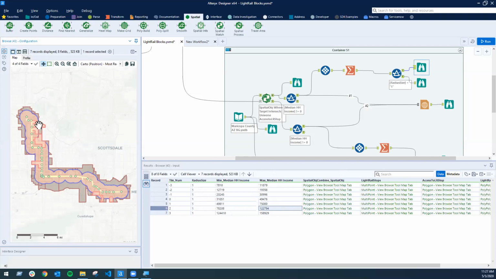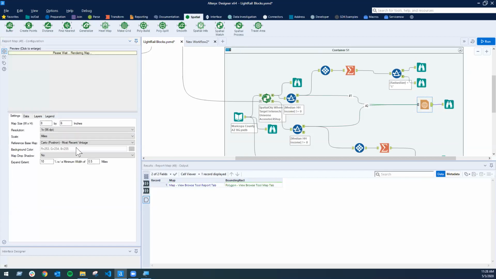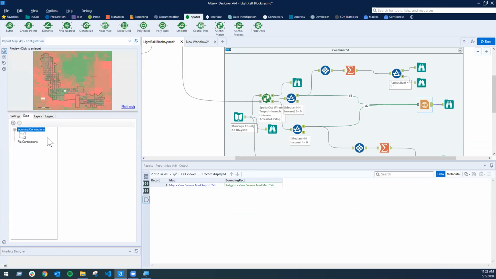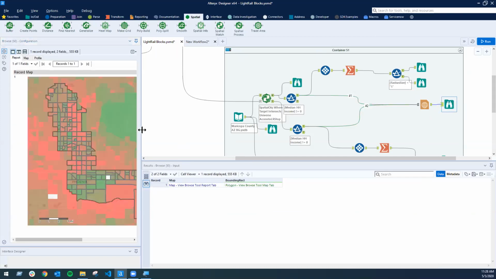So us as analysts, we understand that, okay, this is interesting. We've got some grouping here and some grouping here, but what we want to be able to do is create something that the average user can consume quickly. And we can do that with our reporting tools. And this is where some expertise in what's happening is important, because this probably took 30 minutes to set up because there are a lot of things that you have to be doing here and you have to really understand what's happening. But through this, we've been able to create a report